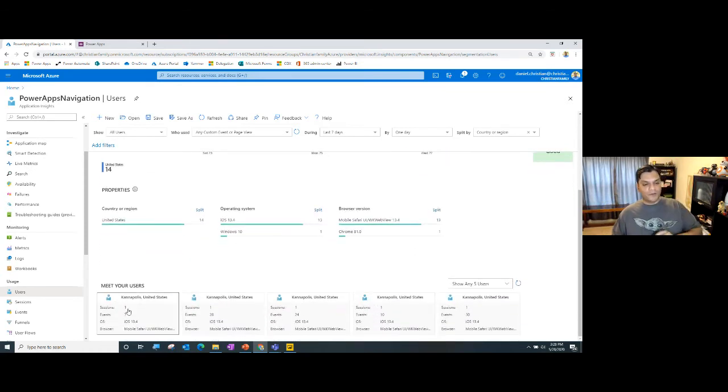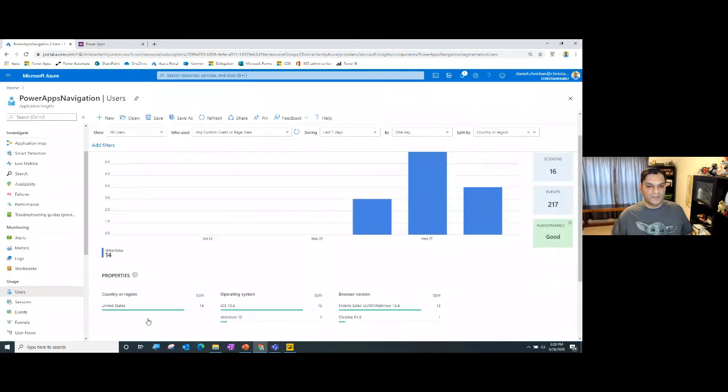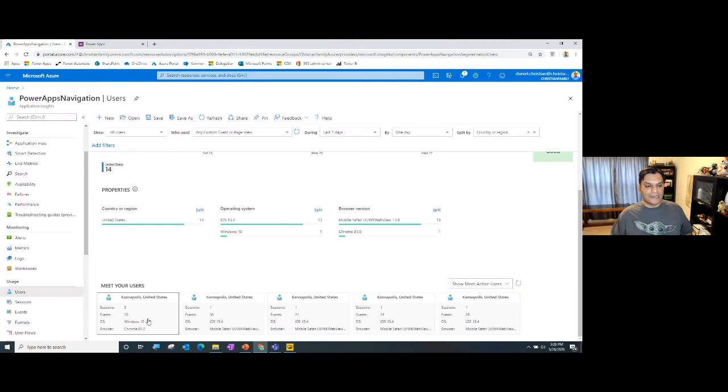Now remember, in the Power Apps over there, its geographic location wasn't that accurate. Over here, it is spot on because it's not even picking up the state, but it's picking up right down to the city that I live in over there in that location. So it's telling me right over there what the user was using. And I can break it down into the 5 most users. I can break into the most active users. It does it at that level.